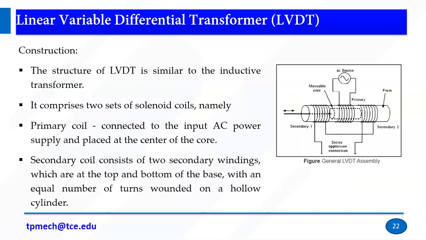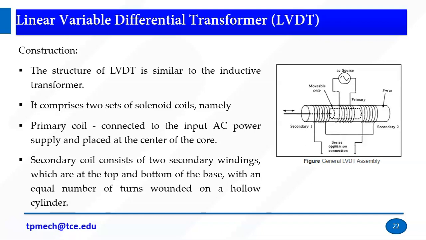Looking at the construction, the structure of LVDT is similar to inductive transducers. It comprises two sets of solenoid coils, right? So it has two windings, namely the primary coil and the secondary coil. The primary coil is connected with the AC power source. The secondary coil is connected with the